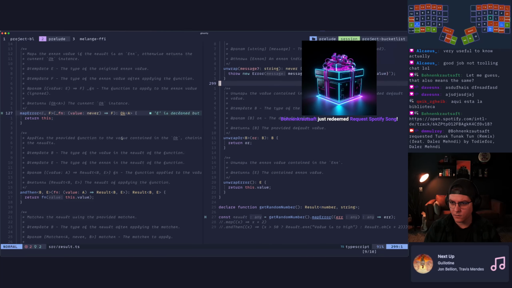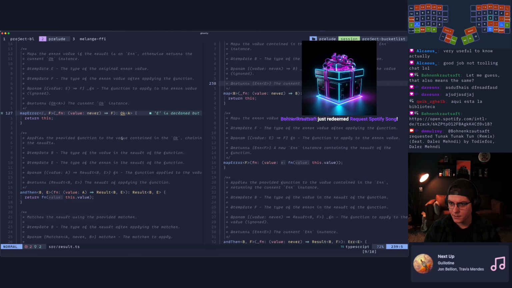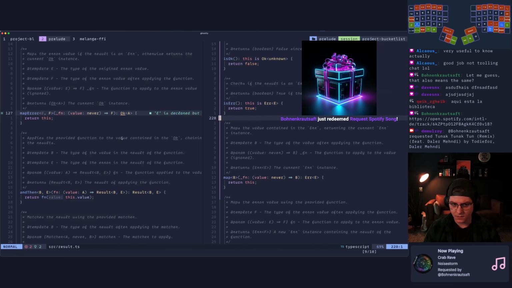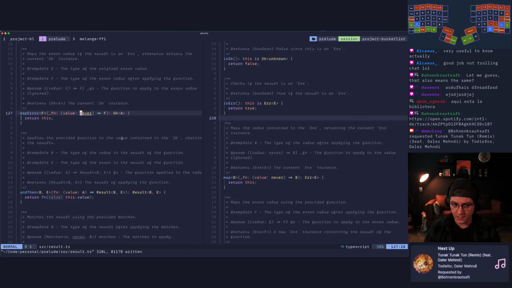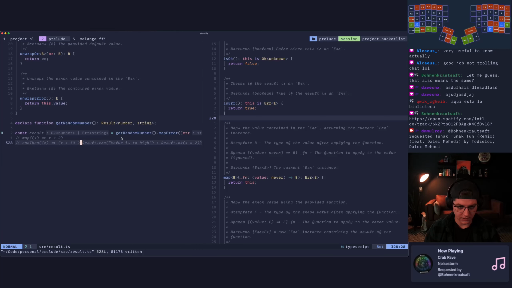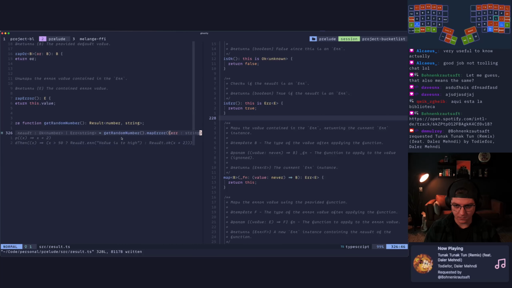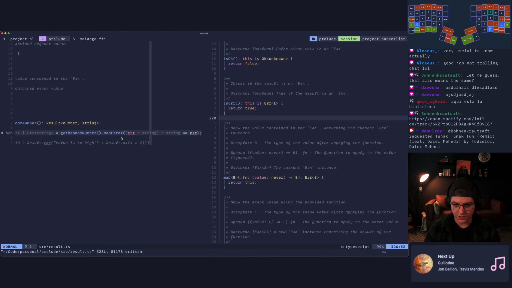All right, I need to go back up to how we did map for the error. So here we have this B, so we have this F. We can get rid of this. We'll come here, OK, that returns that, return this. That seems literally the same, just backwards. Okay, that actually appears that it worked. So we got a string. Let's change this to like,